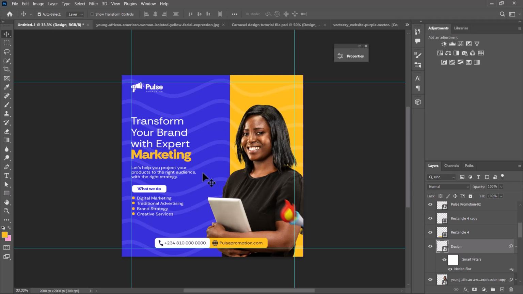So when you're working on the flyer, consider these things. You can still go further to play around with some little things, just to make it look better. But for the sake of this tutorial, I'm going to leave it like this. So this is how you create a social media flyer on